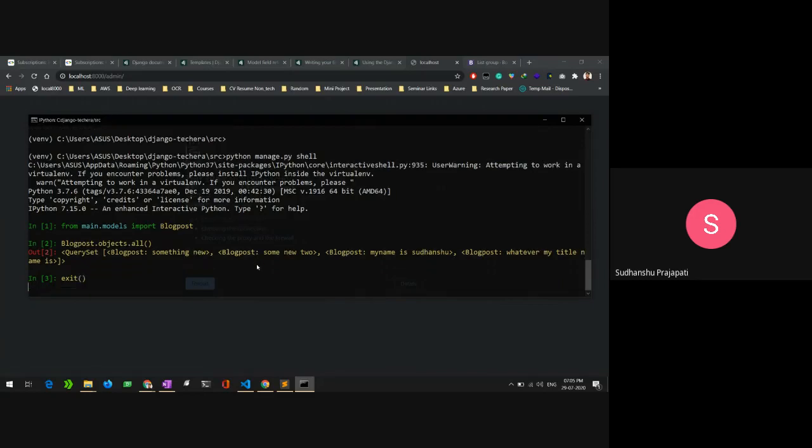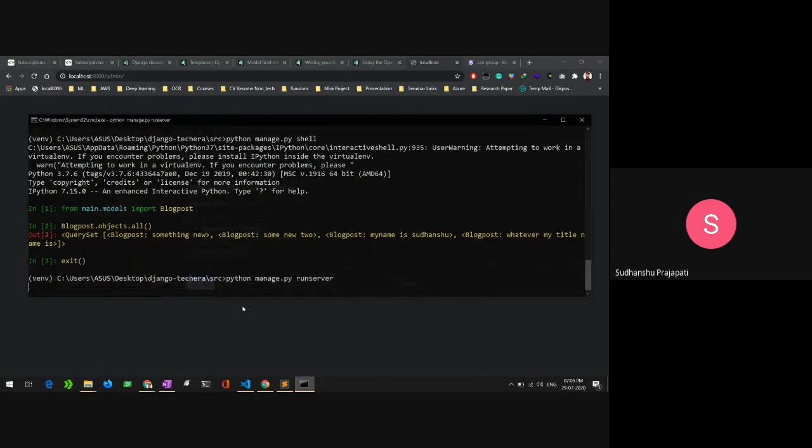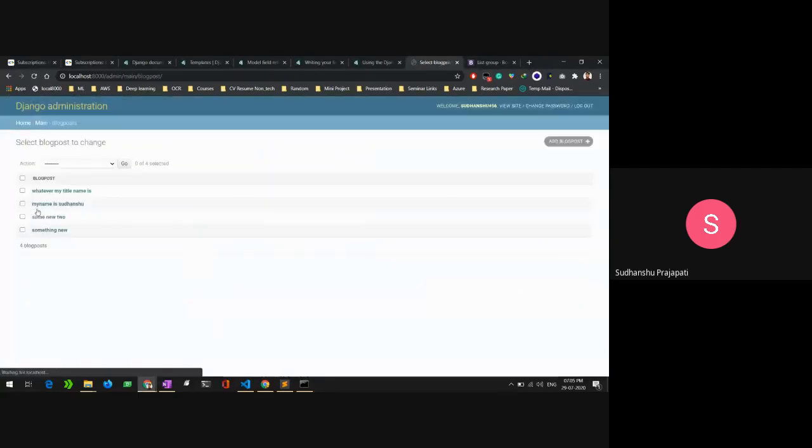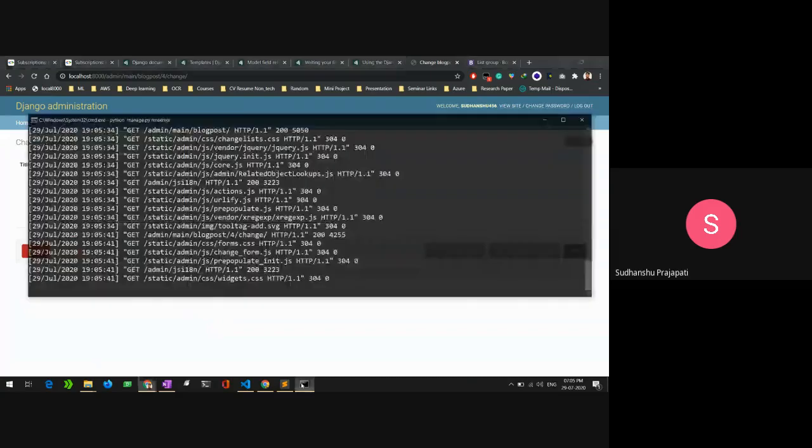After exiting, I need to run the server again. After running the server, I'm reloading, and inside the blog post, here is the object and the data which we saved using our shell.